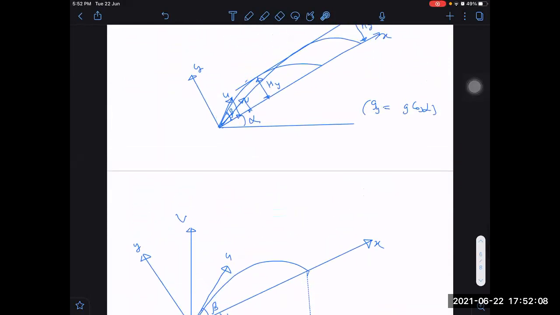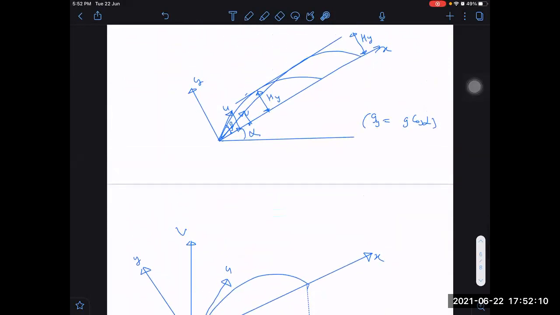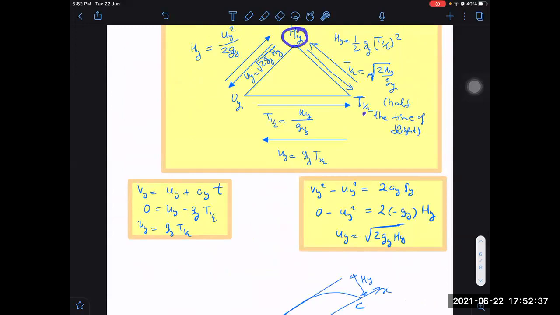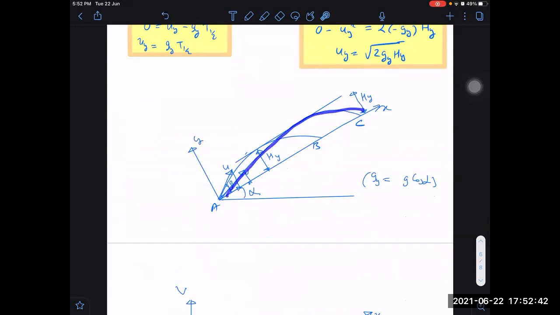So this is done. What I discussed here, you remember? I said that if I have two cases, a particle going from A to B and another particle going from A to C, but the height of both of these, I'm using the word height, what should I call it? The maximum distance along the y-axis is the same for both. Then definitely what will be the same for both? Time of flight will be the same for both, because time of flight just depends on hy. If hy is the same, then half of the time of flight is the same. If half of the time of flight is the same, then total time of flight is also the same.